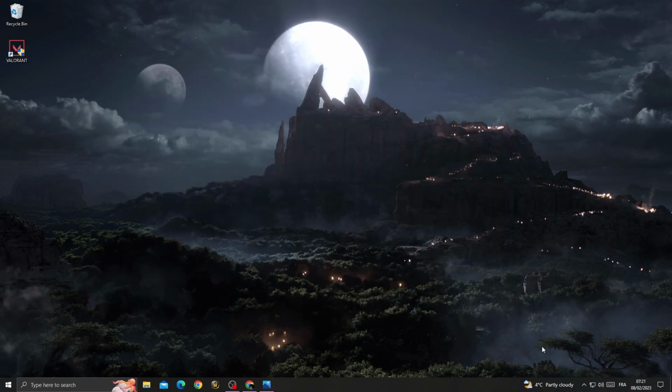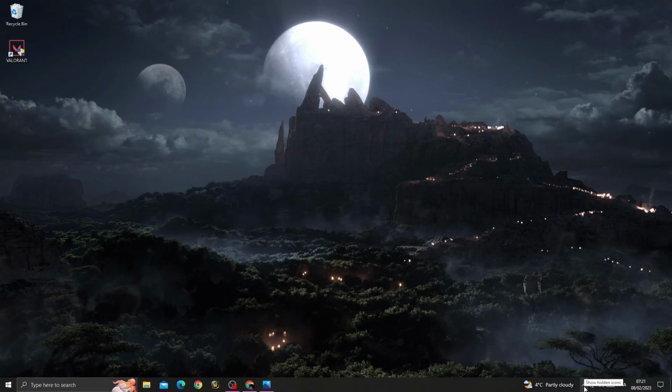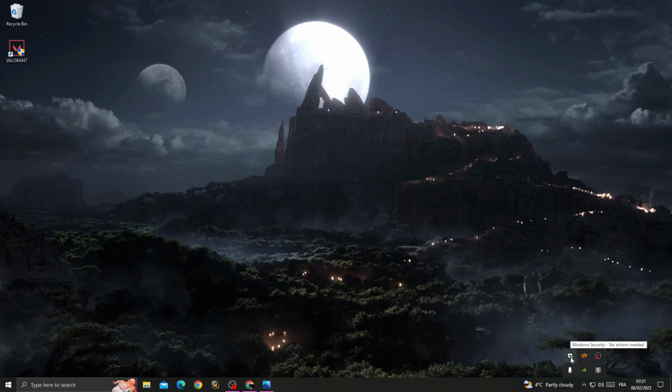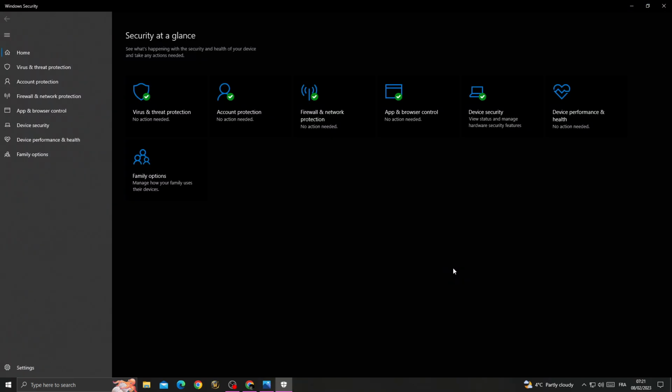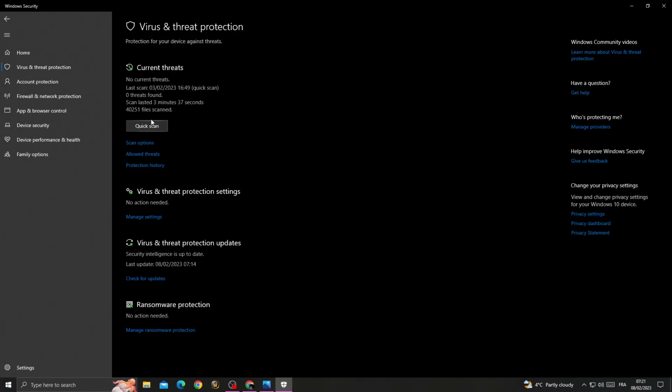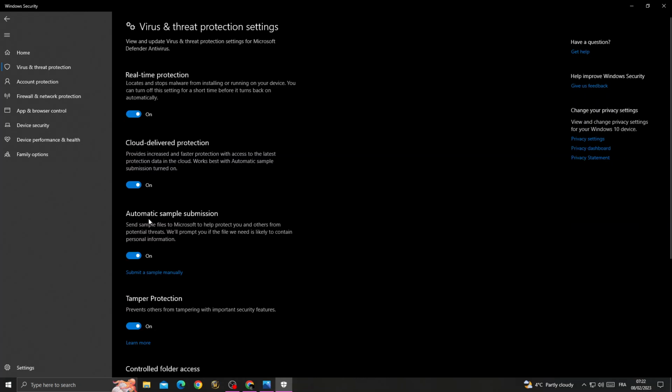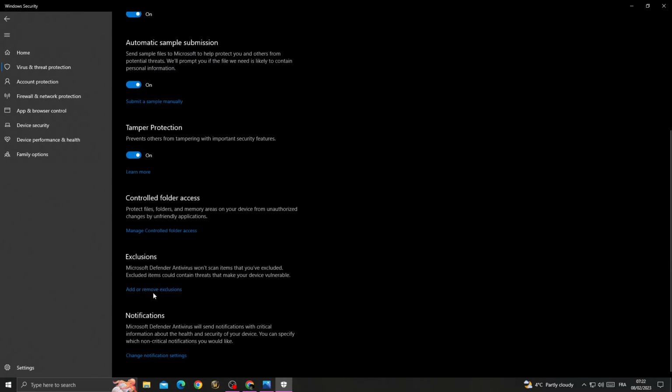First, all you need to do is click here and then click on Windows Security, and after that click Virus and Threat Protection, and then just click this one here, Manage Settings, scroll down, click Exclusions,